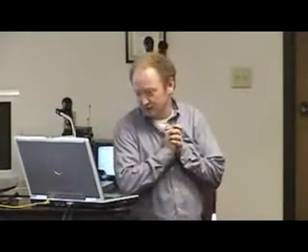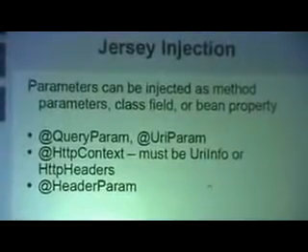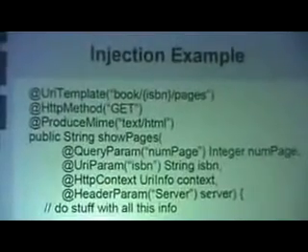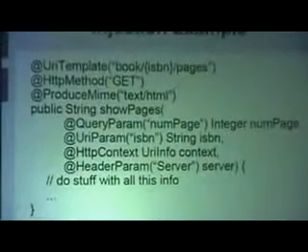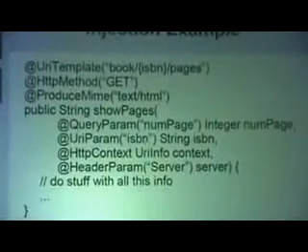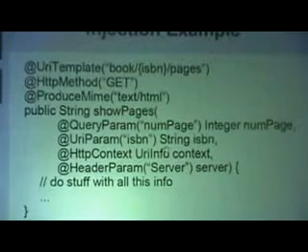Injection. We can inject things into a method using query param, URI param, HTTP context, or a header param. And here's an example. If we have a template that specifies a specific portion of the template as being ISBN, we can inject that URI param into the method. We can also inject a query param. This would be if you had your URL that ended with